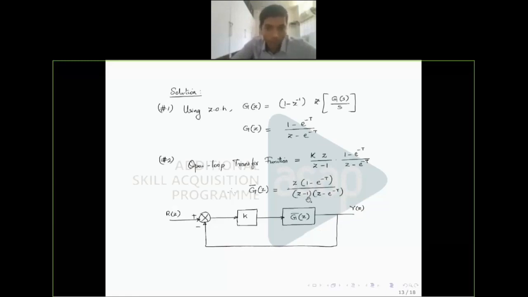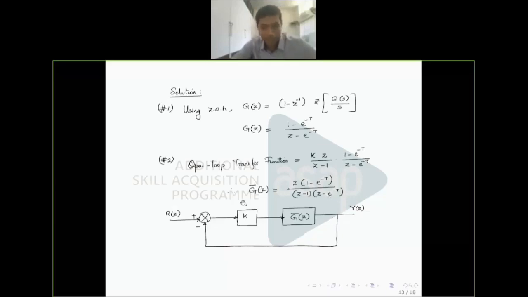There are two poles, one at z equal to 1, and another pole, that's the interesting point. Another pole is at e^(-T), and that pole location depends on the sampling period. So there is the significance of the sampling period. We know that root locus starts from the open loop poles. So here the open loop pole varies as per the sampling period. For T equal to 0.5, the pole location will be e^(-0.5). For T equal to 1, the pole location will be e^(-1). For T equal to 2 seconds, the pole location will be e^(-2). So the pole location varies.